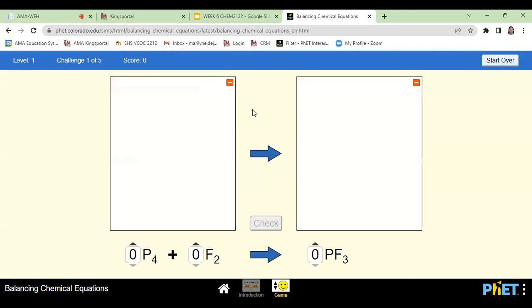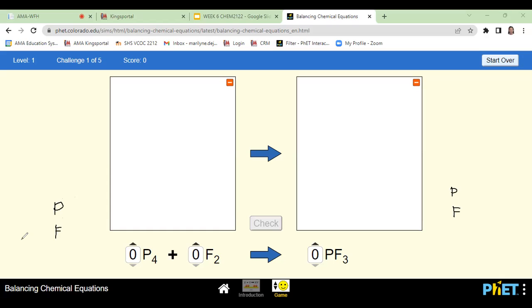Okay. So here, as you can see, we have the equation P4 plus F2 undergoes a chemical reaction that is PF3. So in balancing equation, you need to balance the number of elements in the left side and the number of elements on the right side. So kailangan parehas po ng bilang yung elements na meron tayo. So for beginners, if medyo nalilito pa, list down all the elements in the left and right